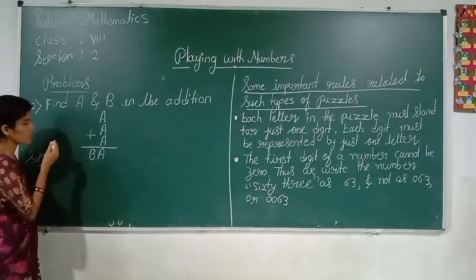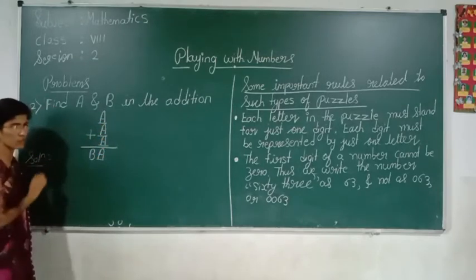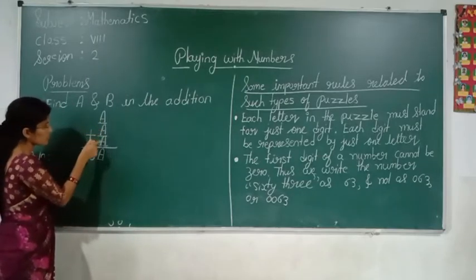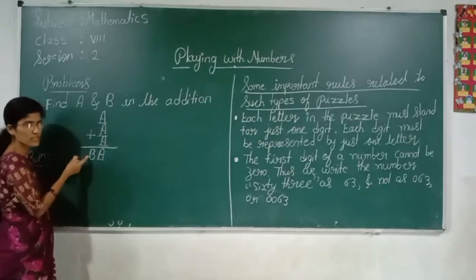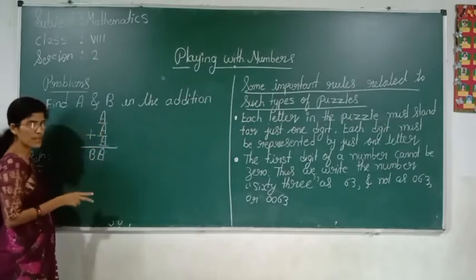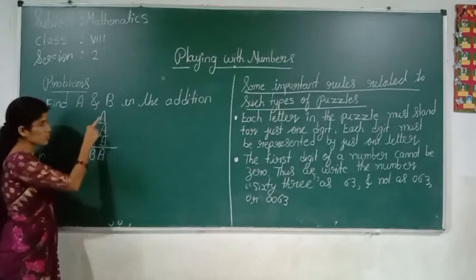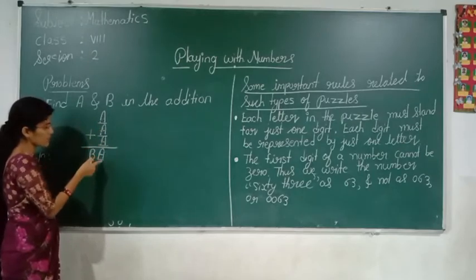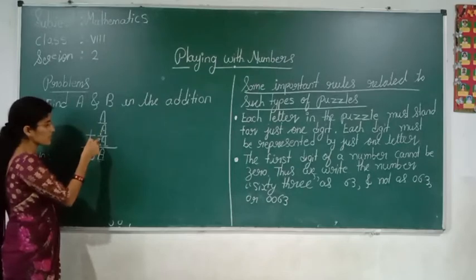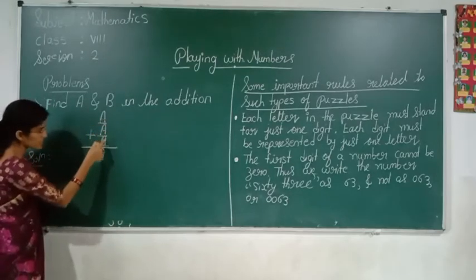What is the rule? What are the cases here? A should again be A only. Now see, if I substitute 0, 0, 0, 0, then what about this? 1, 1, 1, 1, 3. B will remain like that only. Go on checking. 2, 2, 2. 2 plus 2 is 4, 4 plus 2 is 6. Yes or no? Now we want the same value here.